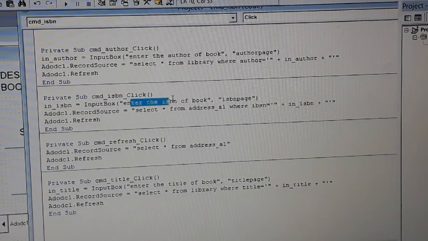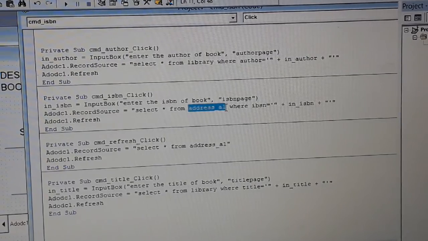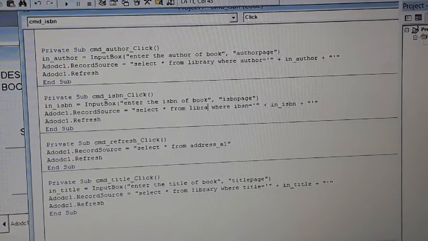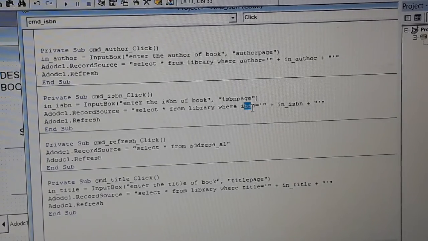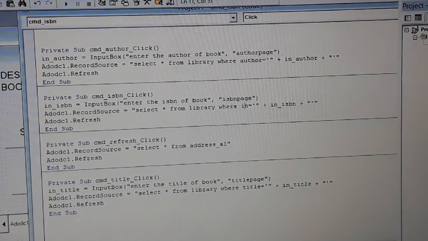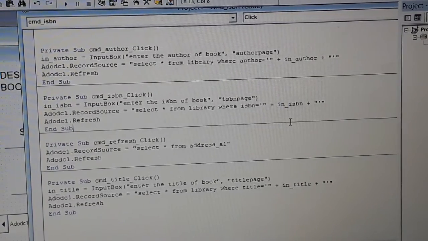Using an input box, I take the ISBN as input and select that particular row from the library table where ISBN is equal to the ISBN I have given.